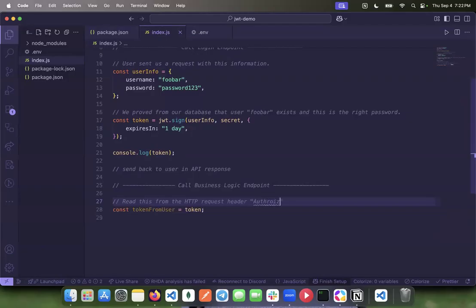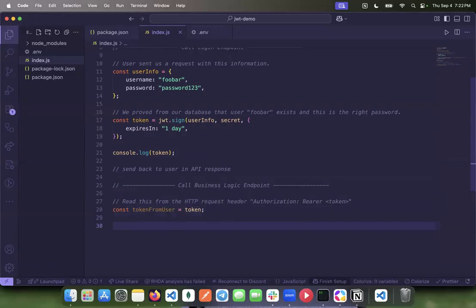Usually this will be given in an HTTP header of the format authorization bearer token. So anytime that someone gets the token back, they'll stick it onto their client as a header, and then this will be sent with every subsequent request to the server. So we have our token from the user,